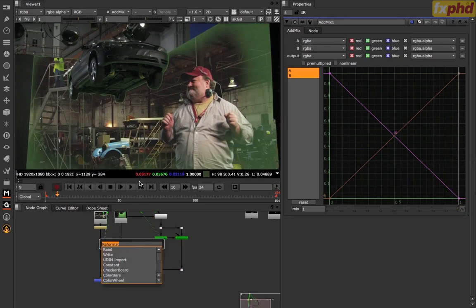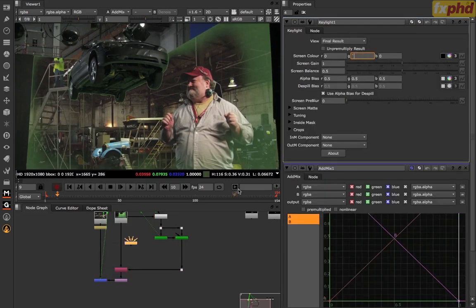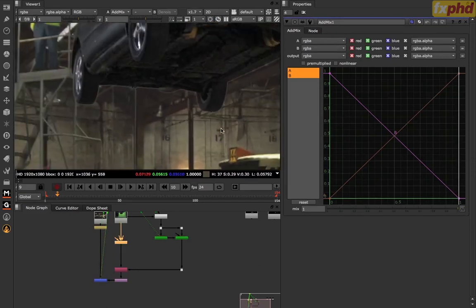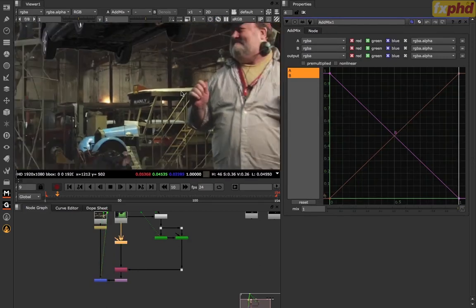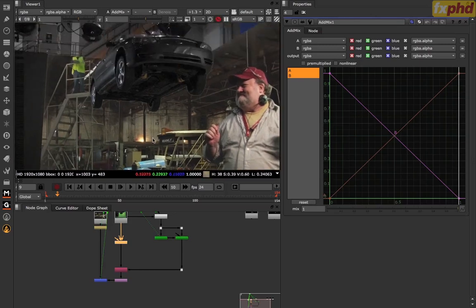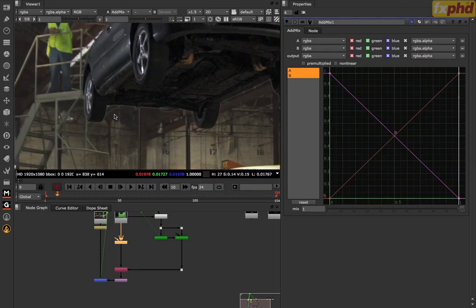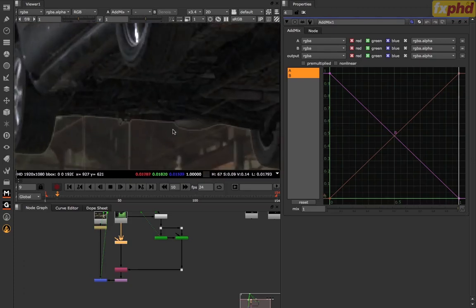So first thing I'll do is just a simple key light, and we'll just go ahead and set this to 1. And let's just see what we get here. Now that may be a little heavy-handed, but okay. Now, admittedly, I've had a little bit of time to experiment with this footage and was able to see some of the issues. The first one, which is probably the biggest issue that we'll be addressing in this video, is